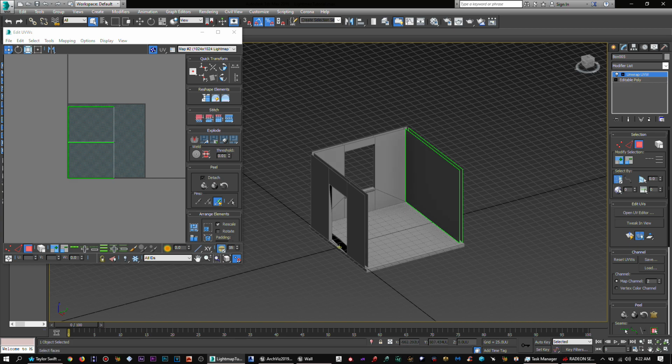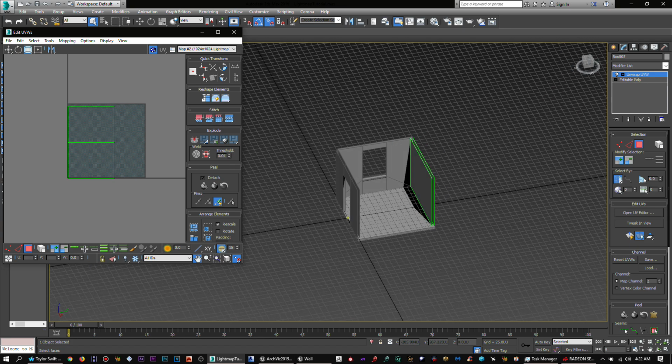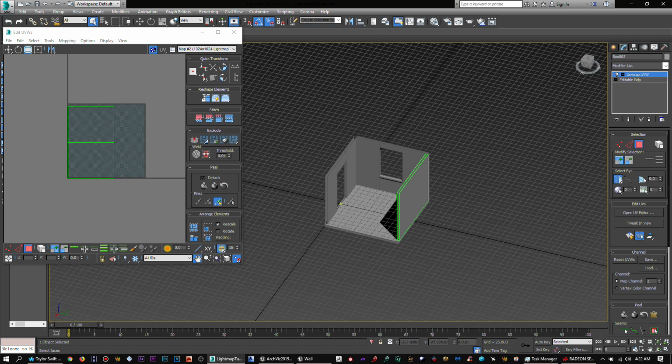Another thing you can give a try, and it may work with certain models that you create. But let's say that you wanted to make sure, because I usually do this piece by piece. The problem with that is it also goes against what I just said. If you don't make these the right size in your UV area, each side's going to have different resolutions, and the shadows might be just a little bit off, like it was in Unreal 4. So another way to avoid that, if you're only doing a modular set that's pretty simple,